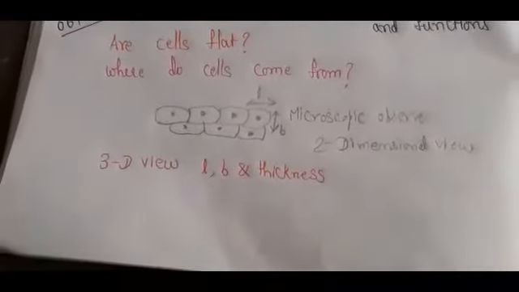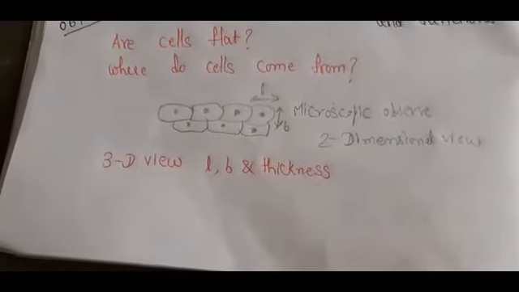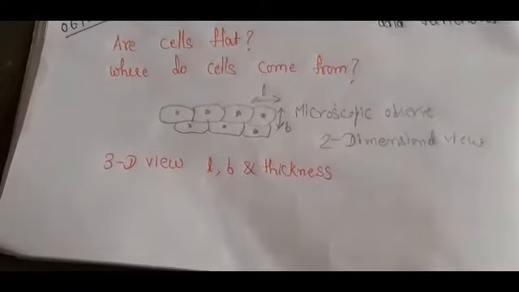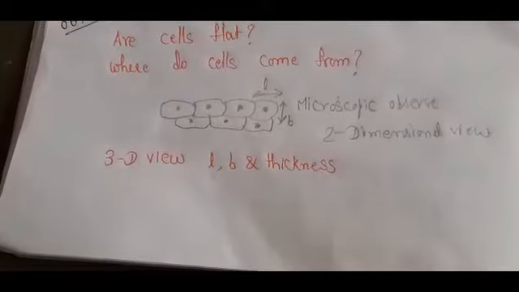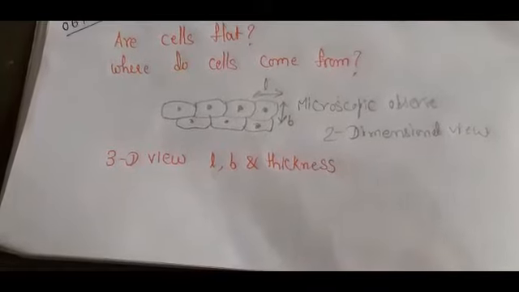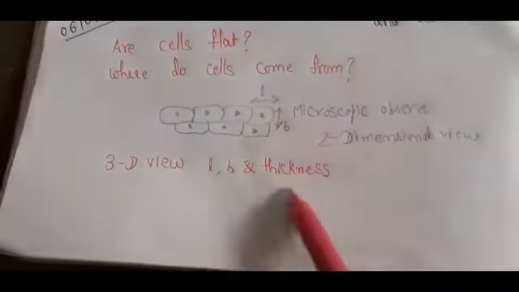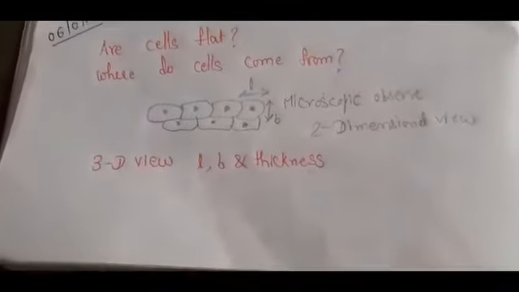Under the microscope you are not seeing the thickness, but the cell has length, breadth and also thickness. Thus the thickness of cells is not easy to observe under the microscope, because you cannot see the thickness of a cell under the microscope. We are seeing the cells like this, length and breadth, but not the thickness. So how do you see the thickness? If I take